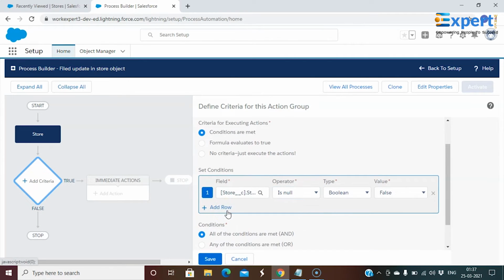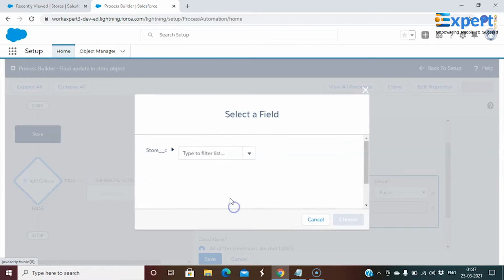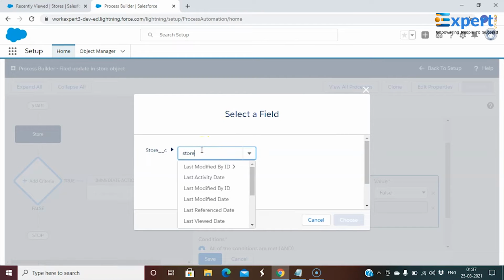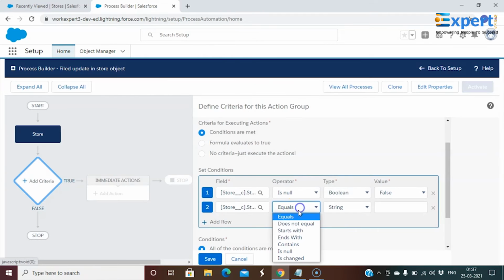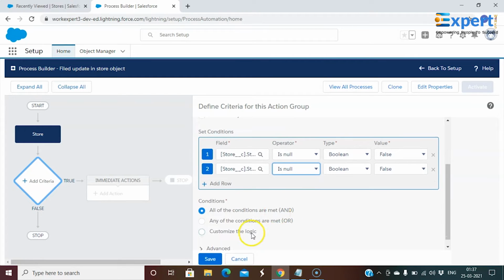Another, store contact number, is null, boolean false. So here, instead of one, we'll go with the OR.